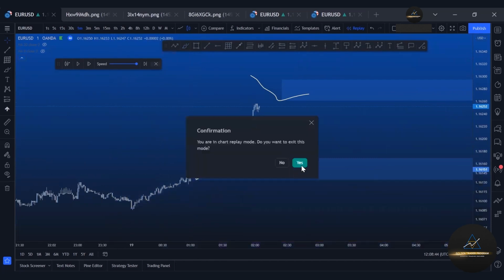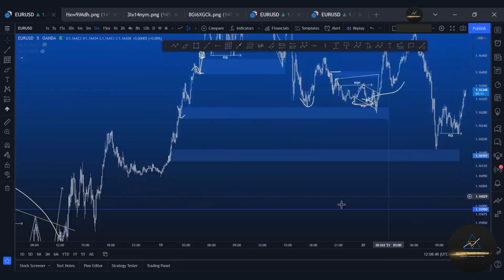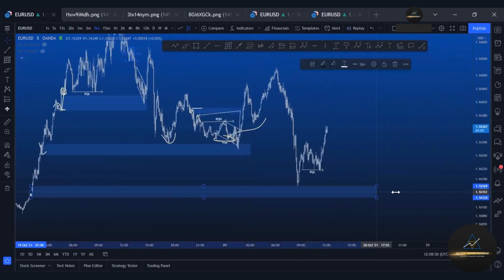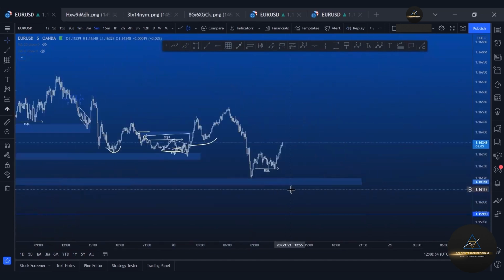So let's go back to the current live markets. Now this is much better. So if I was to take this trade, which I'll probably will, I will be taking this one. However, I do need a pattern. So if price is to come down, I'm only going to take it if I see something like this, for example. Then yes, I will definitely be taking this trade,